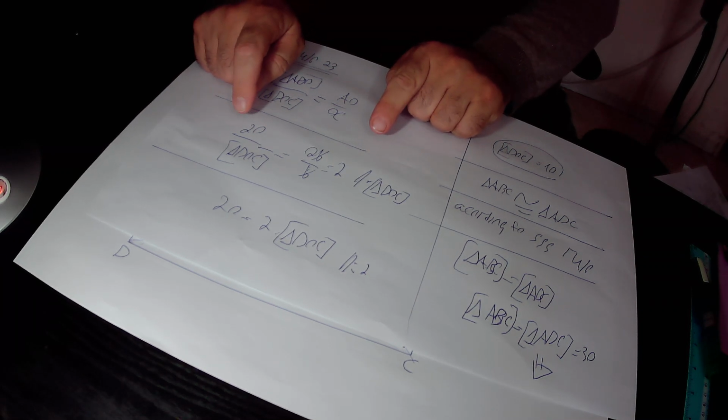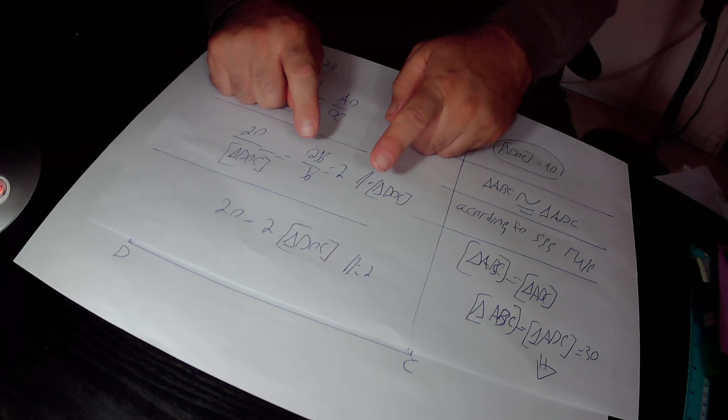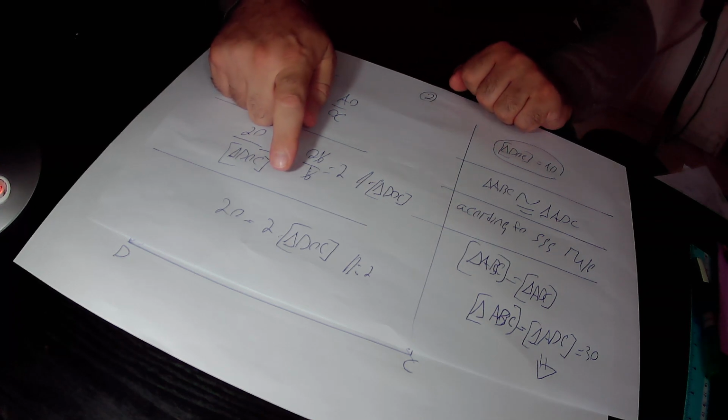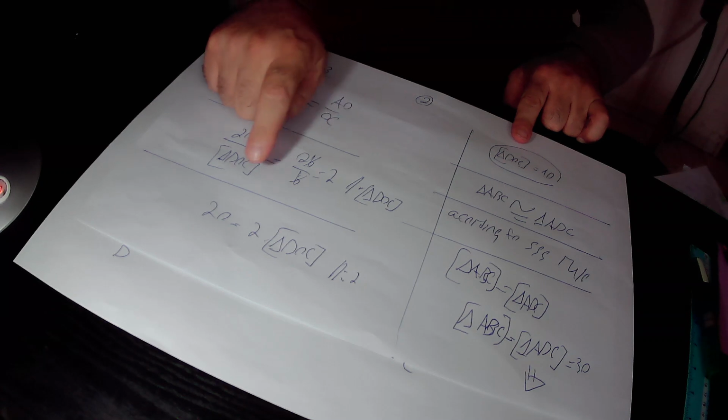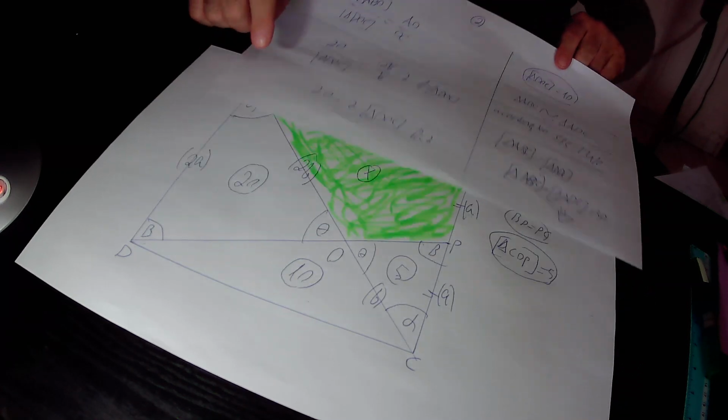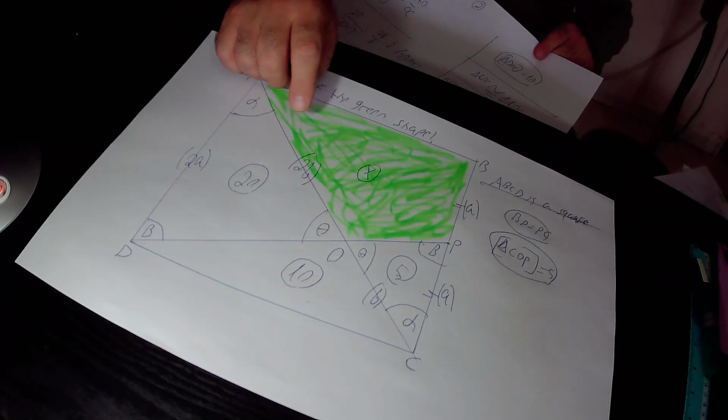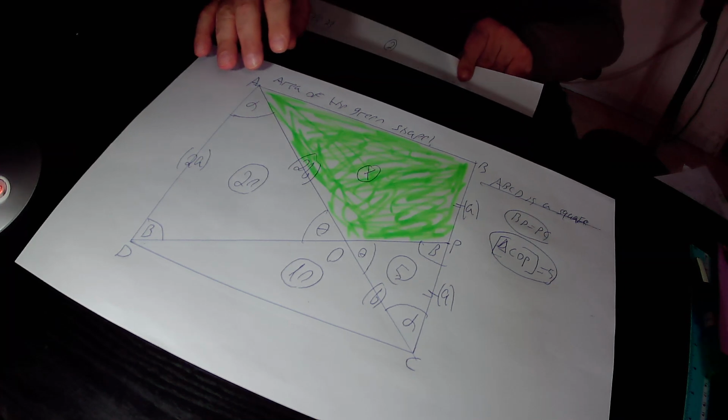Here we multiply this equation by the area of triangle DOC, and we find out that 20 equals 2 times the area of triangle DOC. Here we divide this equation by 2 and finally find out that the area of the small triangle DOC equals 20 over 2, that is 10 square units. The area of this triangle DOC is equal to 10 square units. It is very easy to see from the drawing that